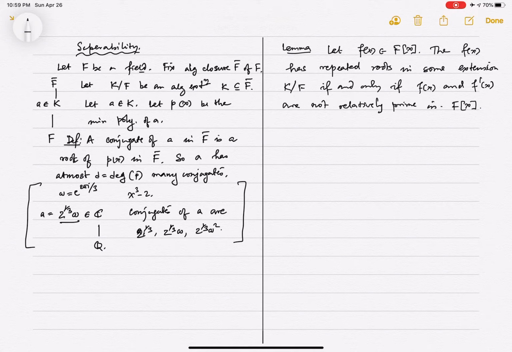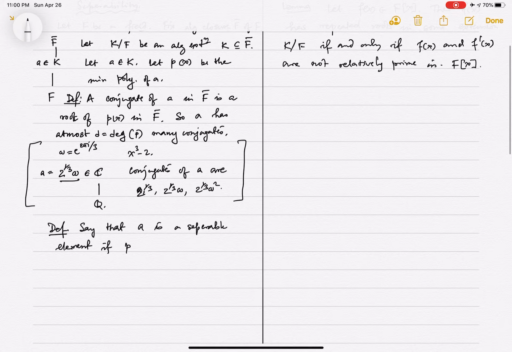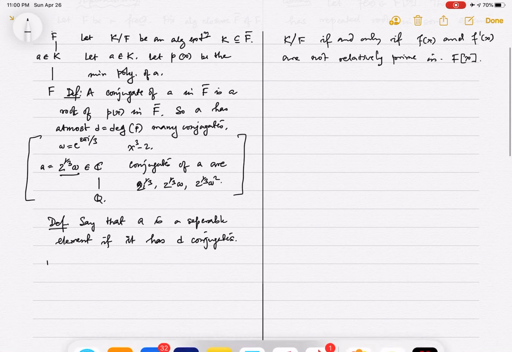And if it has that many conjugates, then I say that A is separable. Say that A is a separable element if P(x) has d conjugates, where d is the degree of the minimal polynomial,